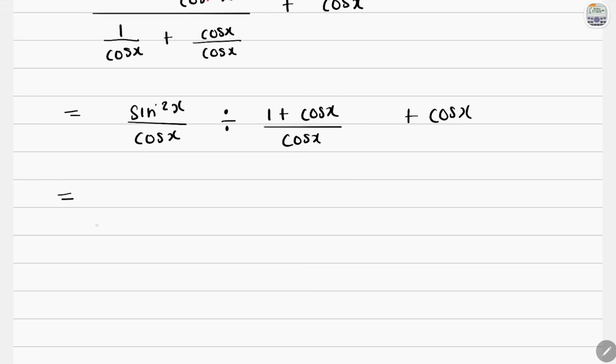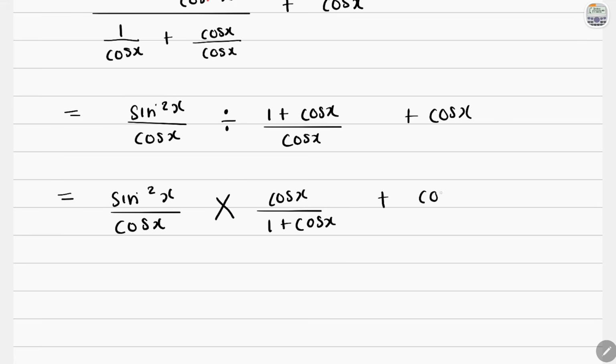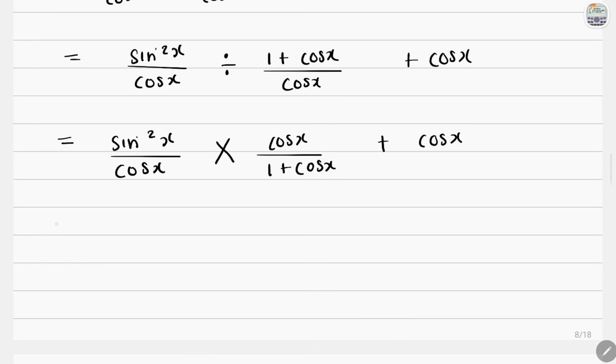Okay, so this is equal to, we can use tip and times here. So leave the first fraction exactly the same, and you are going to tip the second fraction, meaning swap its numerator and the denominator, and then that division, we're going to change it to a multiplication. Then we still have plus cos x, and this is equal to,